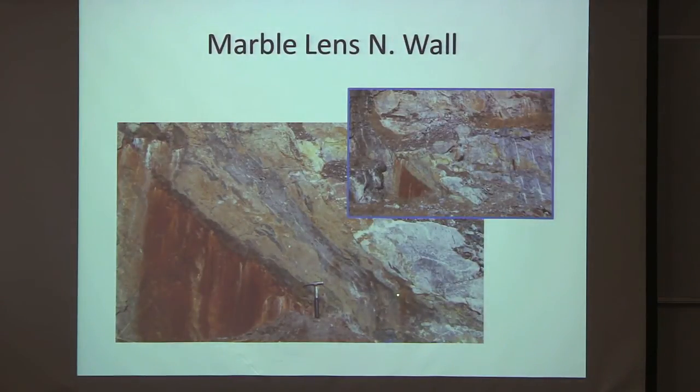Here's another marble lens. You can get an idea again of the size. This is another one on the opposite spillway wall. And you can see here a little border that Diane found that fringes this. So we looked at that, and that is something that has some of the qualities of the mantle that